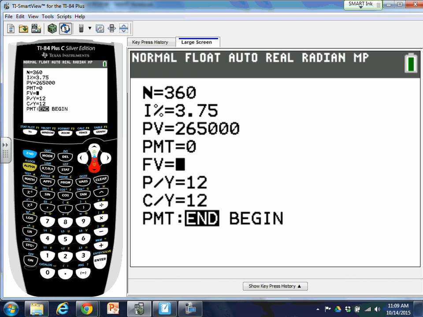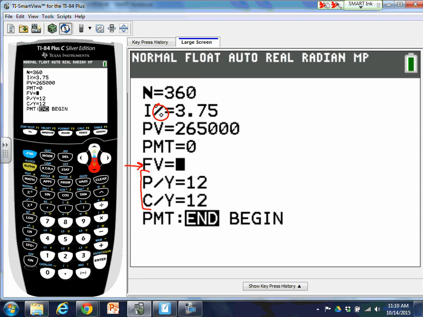The interest also, we don't move the decimal when you use the calculator here. See the percent sign is already written there. So we just leave it as the full 3.75. PV is going to be your present value, how much you currently owe, which is the purchase price. We're going to find the payment in a second. Future value down here, we want to get our payments down to 0,